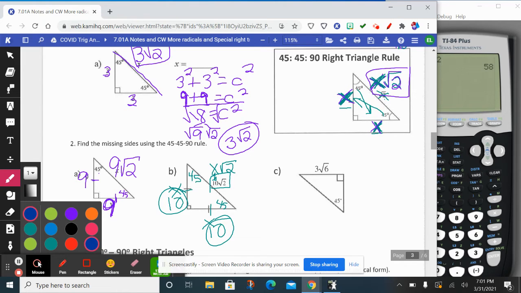And looking at letter C, again, if that angle measures 45, we have 45 degrees there and 45 degrees here. Tells us two sides are equal because we have two base angles equal. So 3 square roots of 6 matches to here, 3 square roots of 6. And the hypotenuse, just like up top, is that same measure times the square root of 2. So I'm going to take 3 radical 6 times the square root of 2, and we're going to get 3 radical 12,